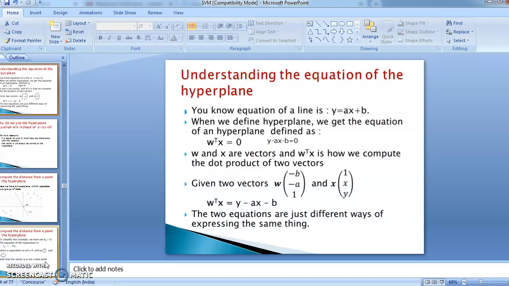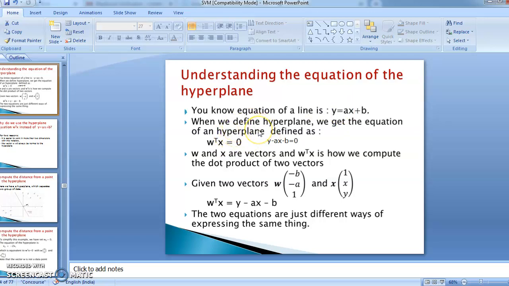So, SVM hyperplane. First of all, consider that you have data points in two-dimensional data, then your separating hyperplane will be a line. So what is the equation of a line which we use frequently? Our line equation is y = ax + b, where a is the slope. It is the same equation which we have seen in linear regression, where a is the slope of the line and b is the coefficient.